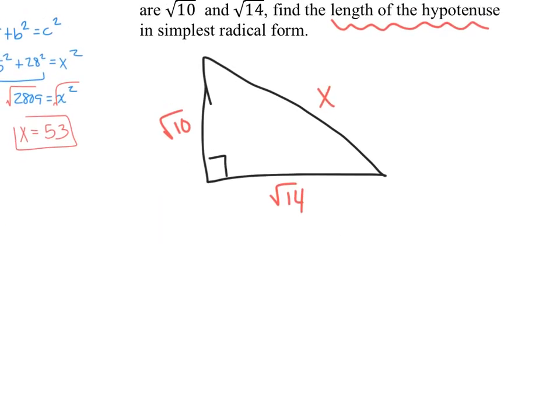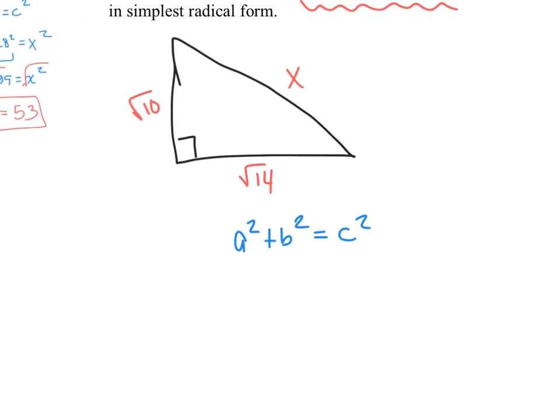I know the Pythagorean theorem says A squared plus B squared equals C squared. So I know my side lengths are radical 10 and radical 14, so what I'm going to do is substitute them in. Doesn't matter where. So I have radical 10 squared